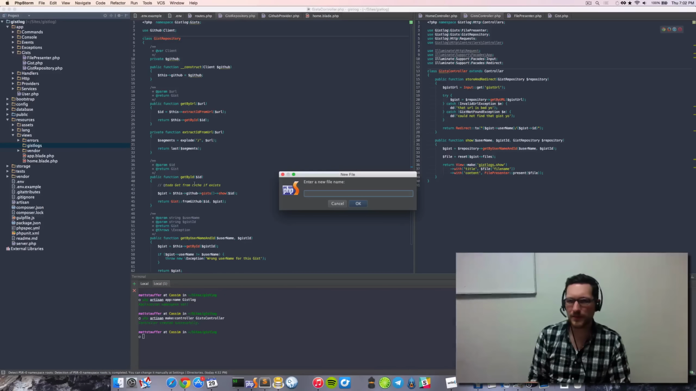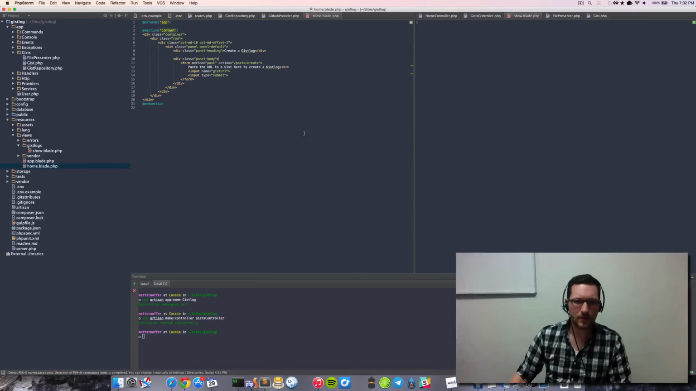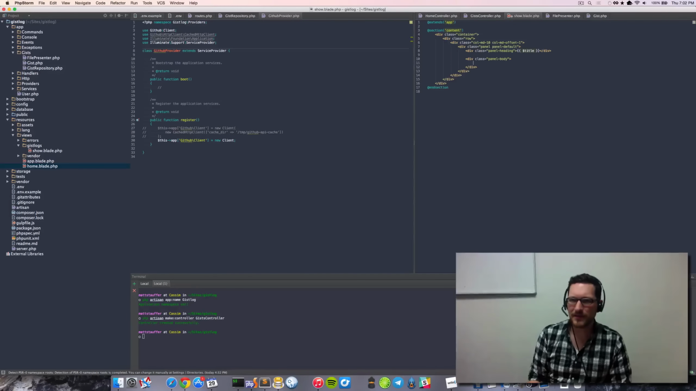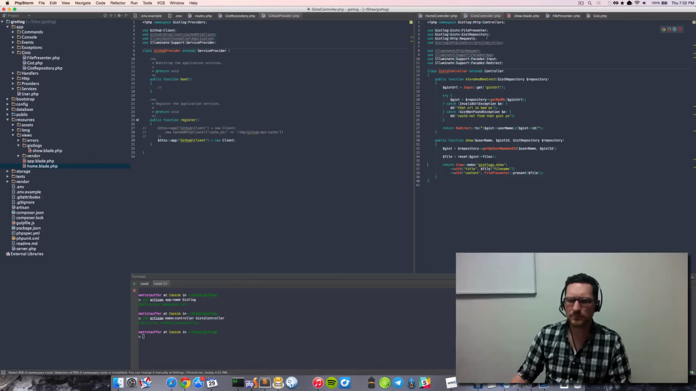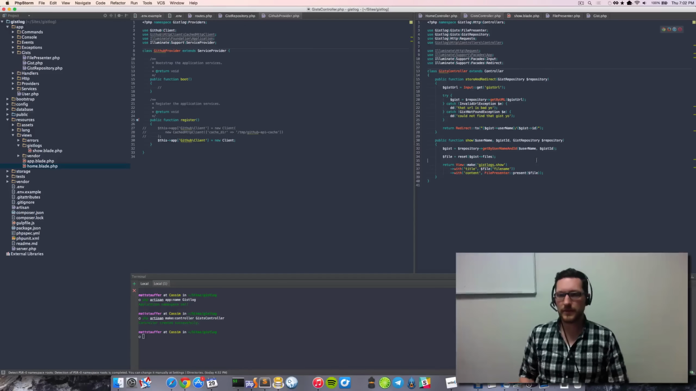New file is going to be show.blade.php. It's basically just going to be the home blade with some tweaks. So the panel title is going to be title, and the panel body is going to be the content. And then, oh, you know what we want? We want the URL somewhere. And I'm guessing we're not going to get the comments, but if we get the comments, that would be really sweet too. Okay, so let's DD on our gist